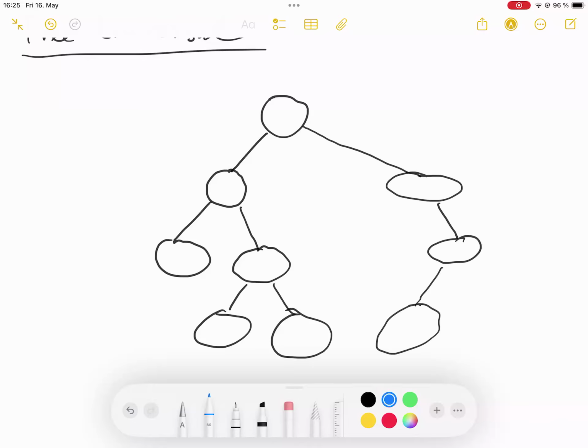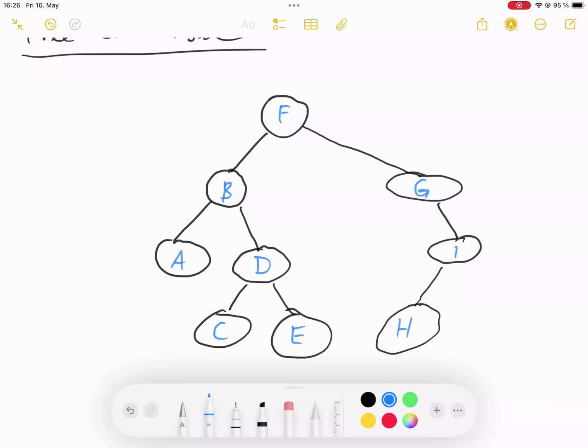So what we see here is we have a root node, and this one has a value F. The root node F has a left child with value B and a right child G. The right child G only has a right child that has value I, and that node only has a left child that has a value H. And B has a left child, which is A, and a right child, which is D, and D has a left child, which is C, and D has a right child, which is E. So we have A, B, C, D, E, F, G, H, I